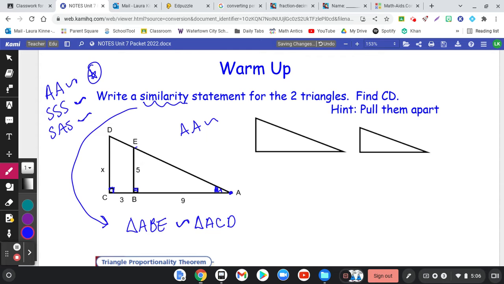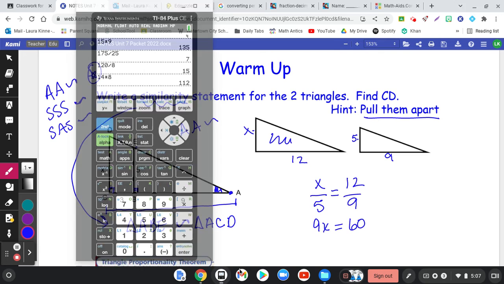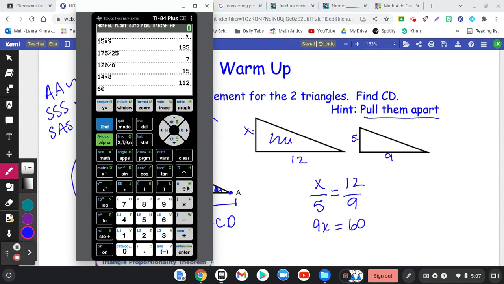Now, if we want to find the missing sides, like I said, sometimes it's helpful to pull them apart. On our small triangle, we have 5 and 9, and on our larger triangle, we have X, and then if we look at the whole side AC, that's 12. When we set up our proportion, X matches 5, and that would be equal to, since I started with X over here, I have to start with 12 over 9. Cross multiply: 9X equals 60, and 60 divided by 9 is 6.6 repeating, which is the same as